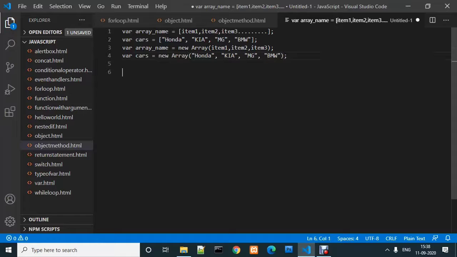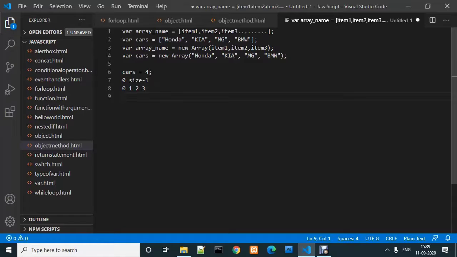The index number starts from 0, as in computer languages 0 is the starting position, and the size of cars is 4, as we have declared 4 values in it. So the index number starts from 0 and ends at size minus 1. That means the indexes our cars array has are 0, 1, 2, and 3. So these are the 4 indexes our cars array has.